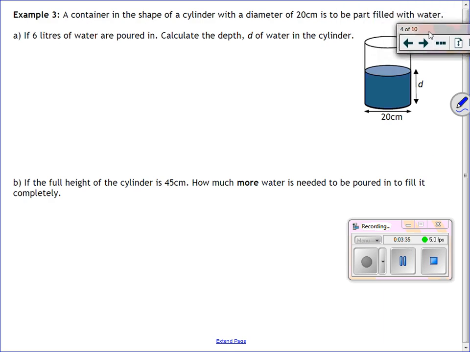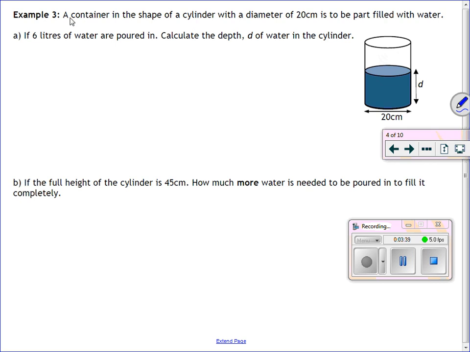Example 3 says a container in the shape of a cylinder with a diameter of 20 centimetres is to be part filled with water. If 6 litres of water are poured in, calculate the depth d of water in the cylinder. So let's read that again. If 6 litres of water are poured in, we have to calculate the depth of the water. Given that the diameter is 20 centimetres,